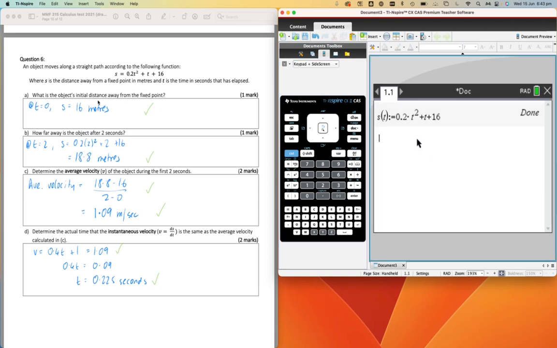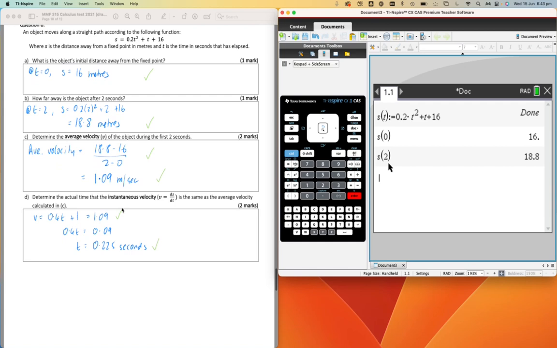What's the object's initial distance away from the fixed point? It's just worth 1 mark. Initial distance means no time has passed, so I just set t equal to 0. Again, probably easier to do by hand, but I can confirm by going S of 0, 16. Done. How far is it after 2 seconds? It's only worth 1 mark. I don't even need to do this line really. On my calculator, I go S of 2, return, 18.8. Done. See how fast that is? It's less than 1 minute to do for 1 mark,